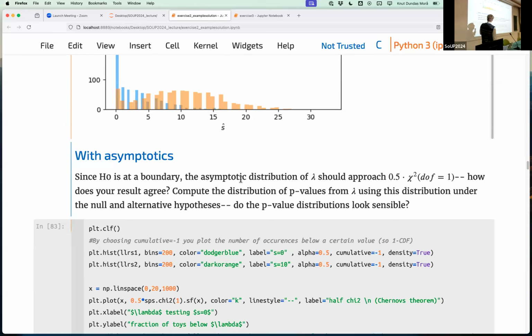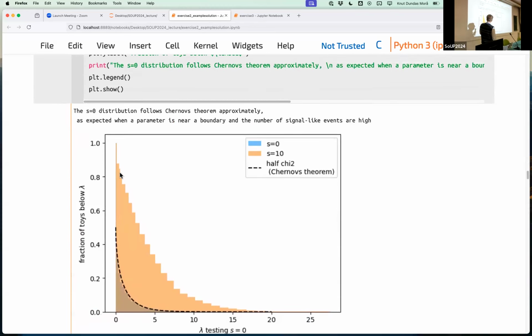And with asymptotics, you can check now how good is H0, right? You can test these different hypotheses. You can plot here. So this is if you're doing discovery, which means that you're testing the hypothesis there is 0 signal.